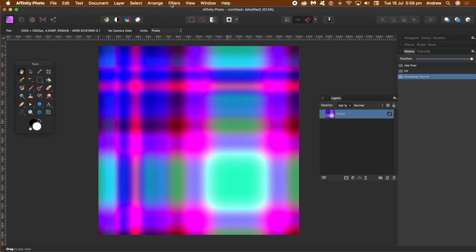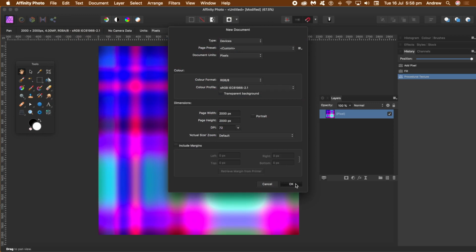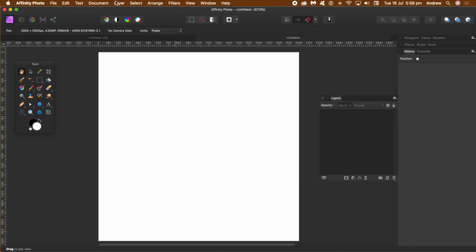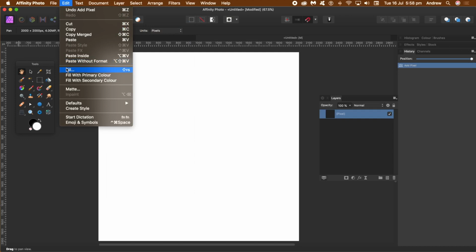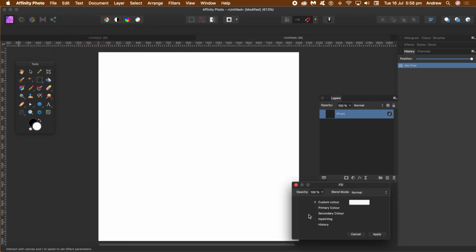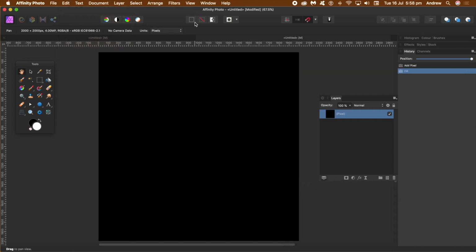Now that new document will need a layer. So once I've done that, just go to Layer and New Layer. Now fill that, Edit and Fill, with black. Click Apply. Okay, first thing to do, Filters